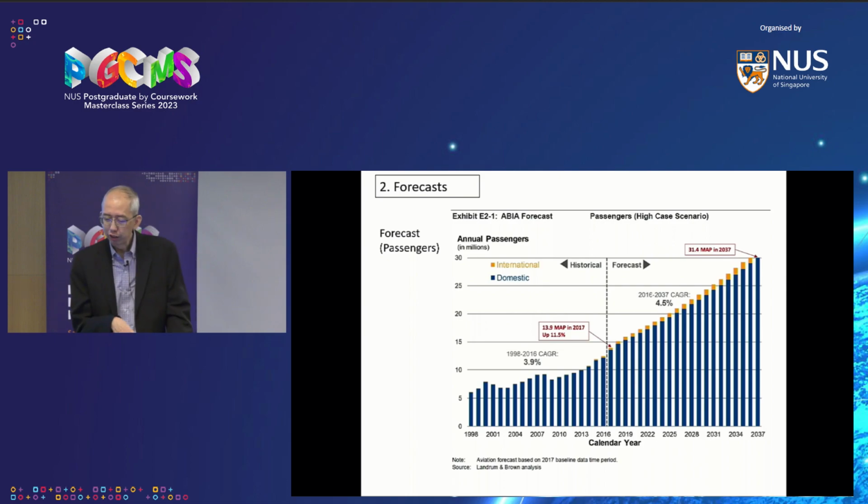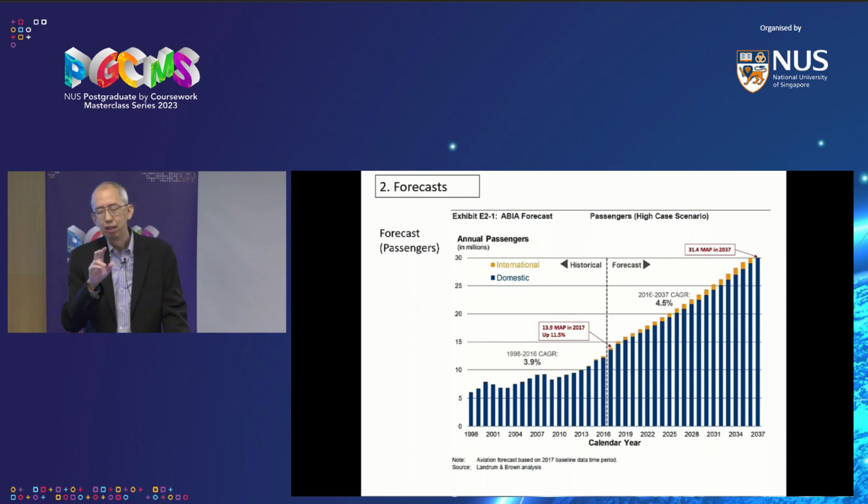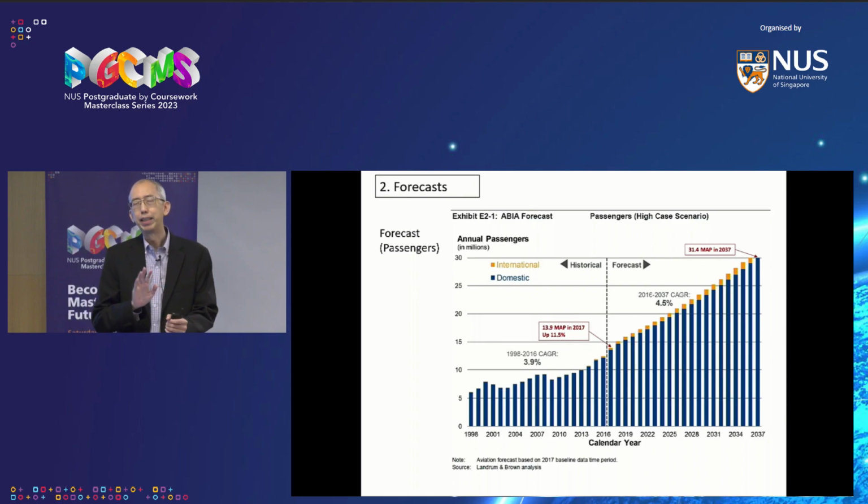And if you look at the historical side, you can see after 2001, it dipped. So what happened there? That was September 11th, okay, where passenger numbers dropped. And then in 2009, you also can see a dip. What happened there? The Asian economic crisis. So the airports are quite sensitive to economic growth. So typically, the passenger forecast will be quite reliant on the economic forecast for that particular community.